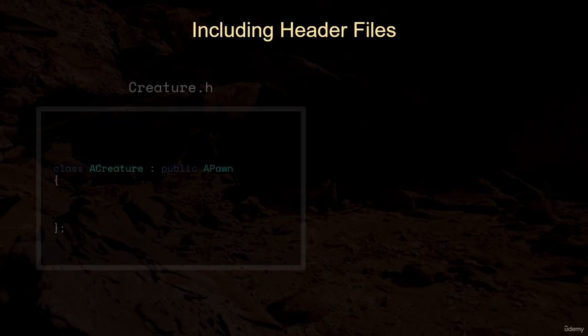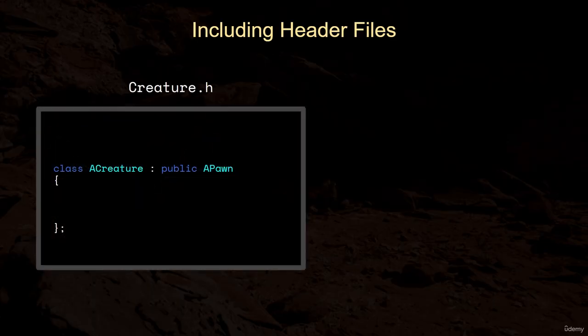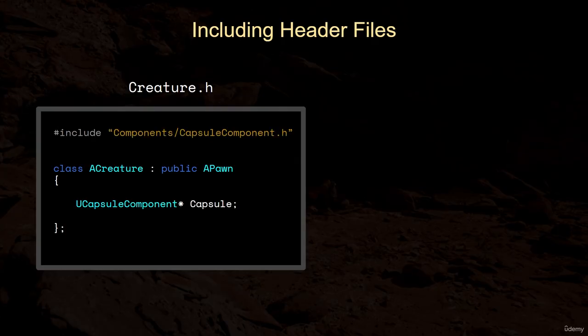Now imagine we have a class called Creature. And in Creature, we'd like a capsule component pointer. Now we know what will happen. The compiler will get angry and give us red squiggles here. And we saw that to get rid of those squiggles, we included the capsule component header file